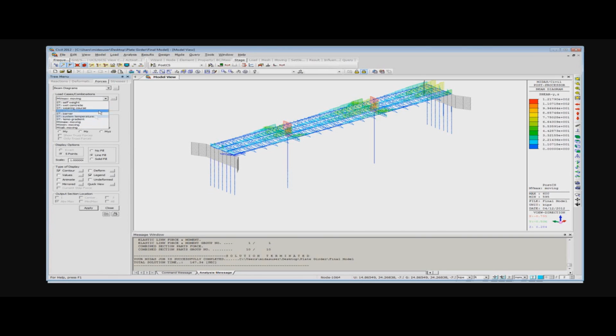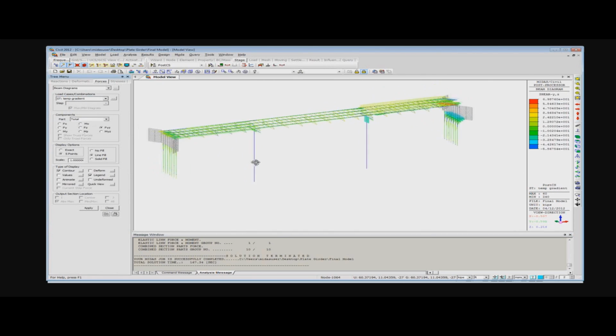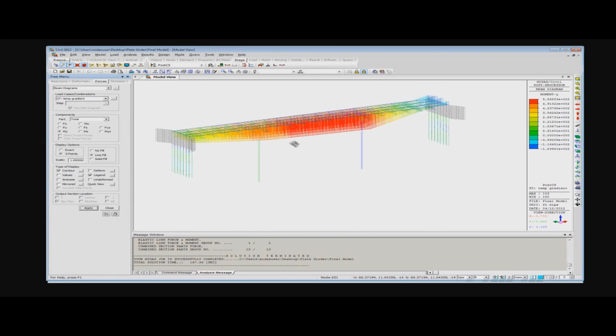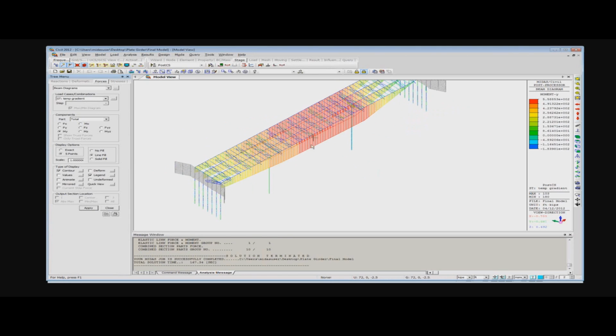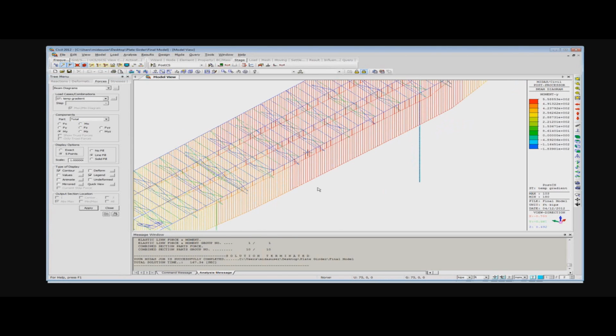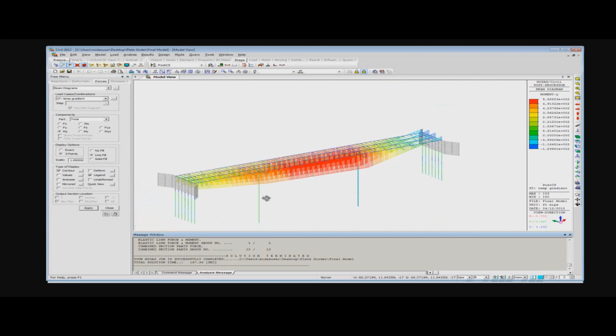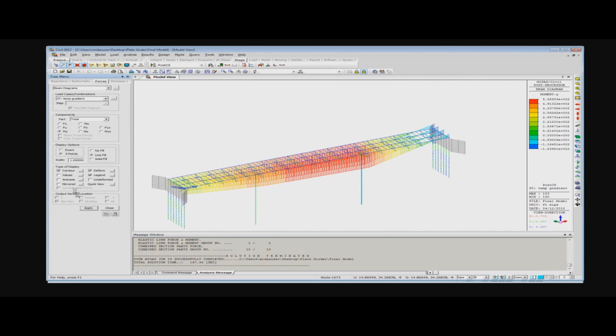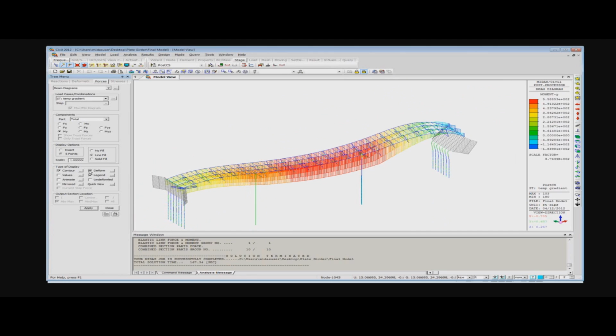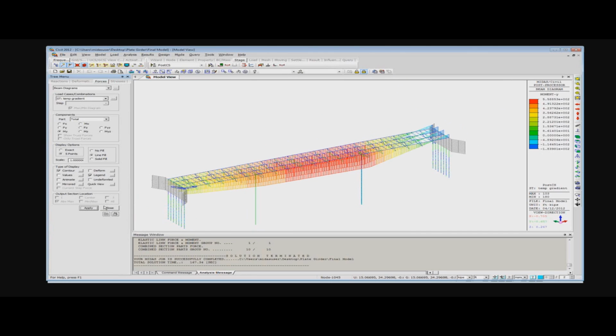Okay, let's check the temperature as well. Okay, this is the result of the shear, but let me go to the moment. Result of the moment based on the temperature load, and the values you can see here are maybe exaggerated, so you cannot just compare them to each other. So there are different ways to show the deformations, or